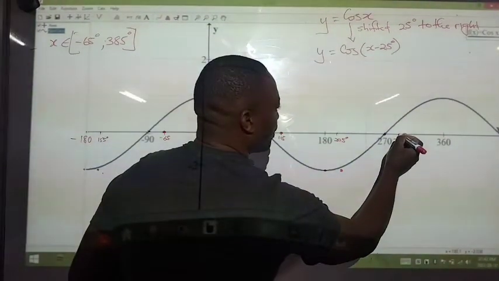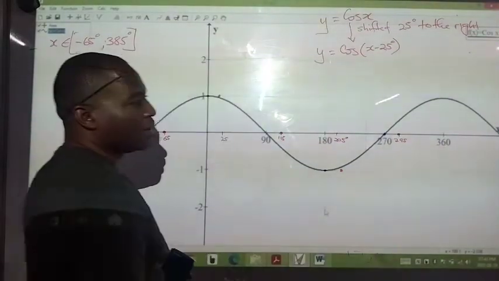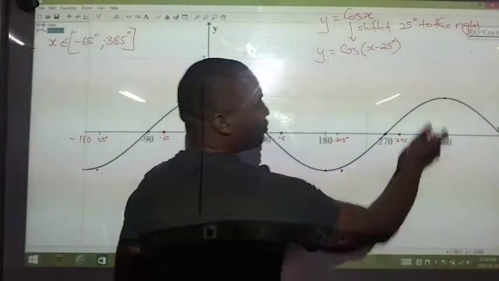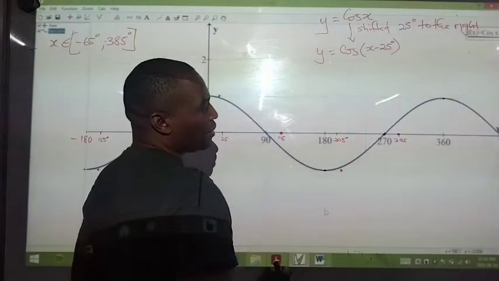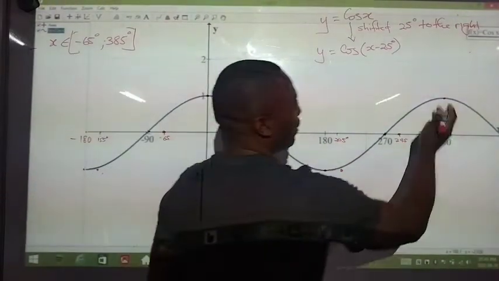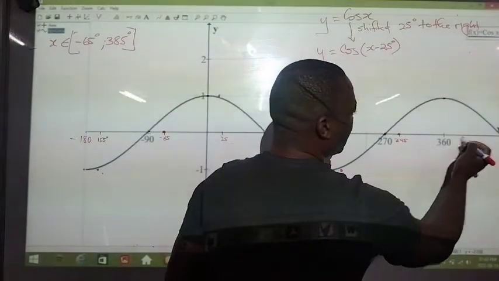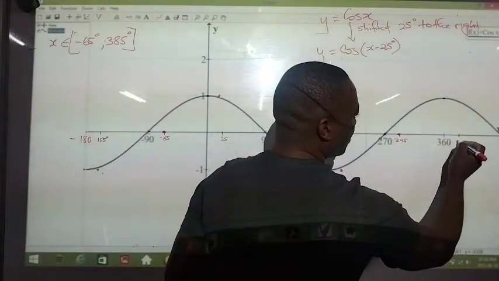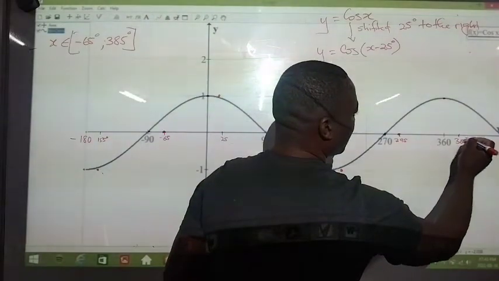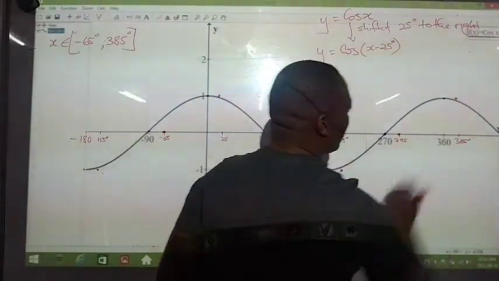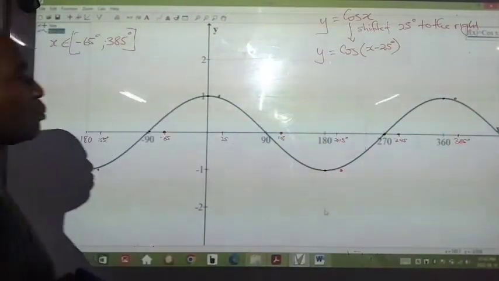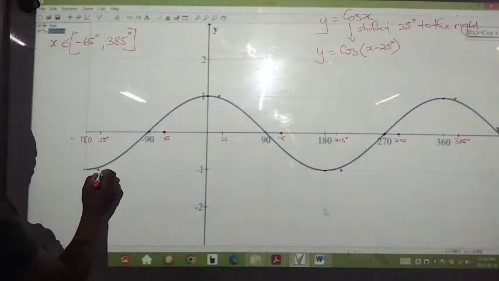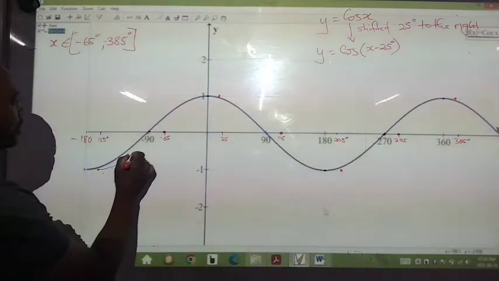That's where the graph is going to cut. And then this point, which is 360 degrees, 1, we move it 25 degrees, that is 360 plus 25, which is 385 degrees. So that's where the last point will be. So if we are to draw our graph it is going to assume